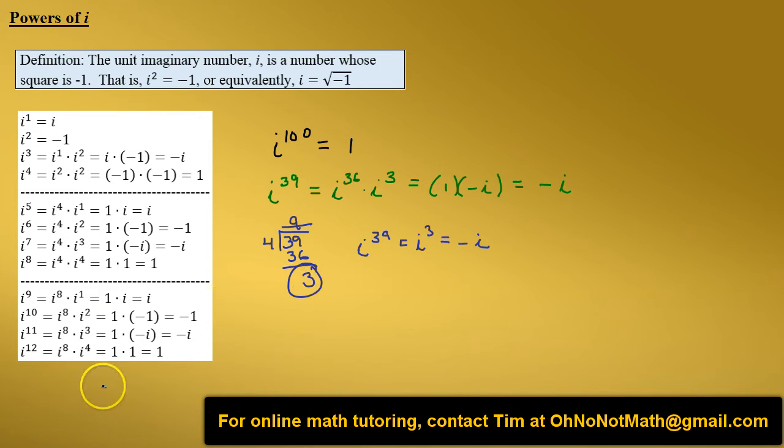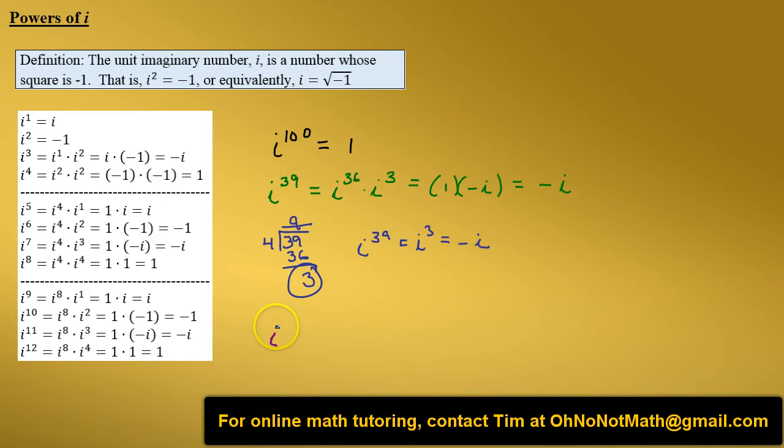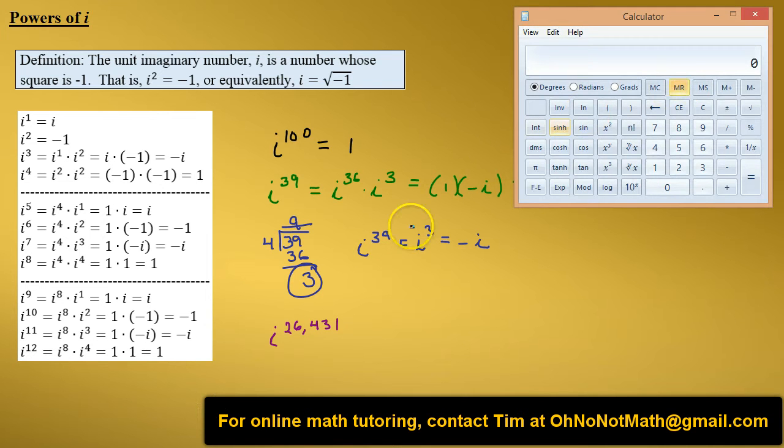Now for really high powers of i, we can use a calculator. Let's say, for example, we have i to the 26,431. So we just take the exponent, 26,431, divide it by 4, equals